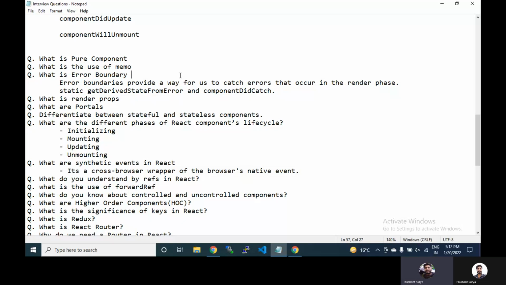So the next question is, what are render props? See, there is a scenario that arises in our React application in which, let's say, there is a parent component and there is a child component. Let's suppose there is an input tag inside your parent component, and inside the child we will use the value entered in the input tag. So this is the dependency with the child. The child is using the value which was entered in the parent input.